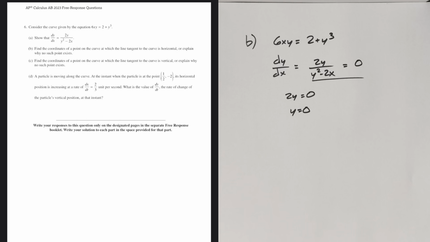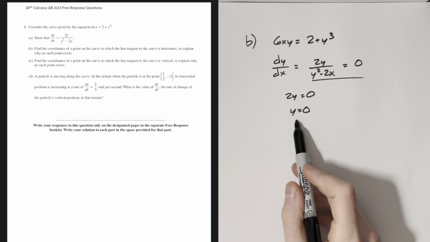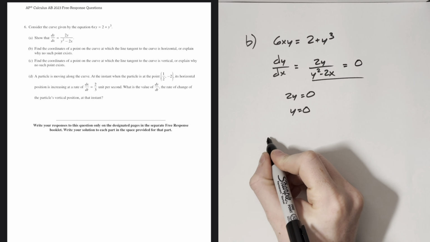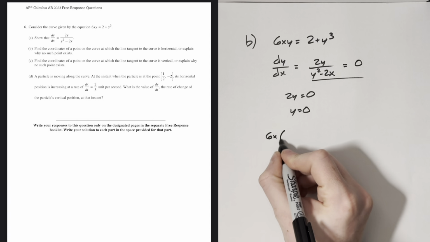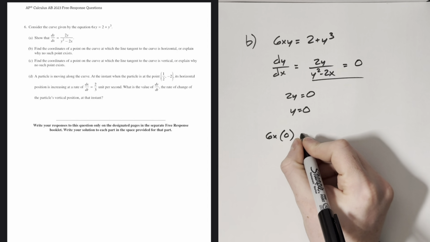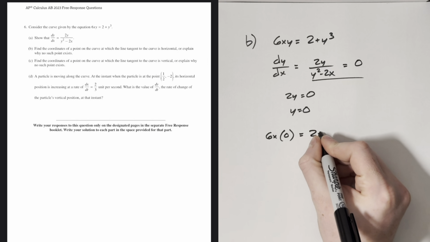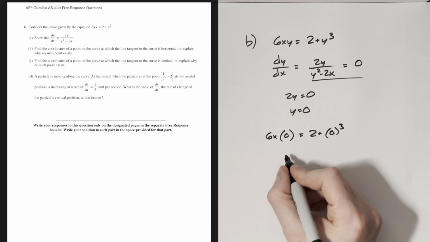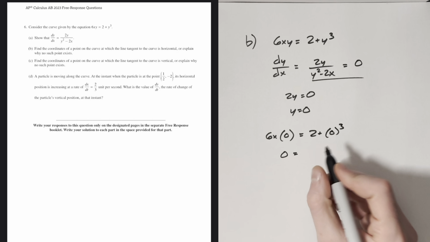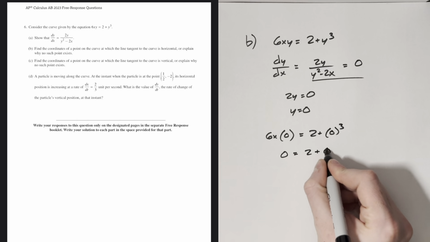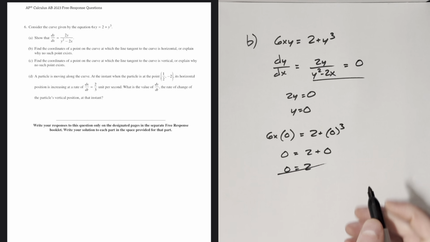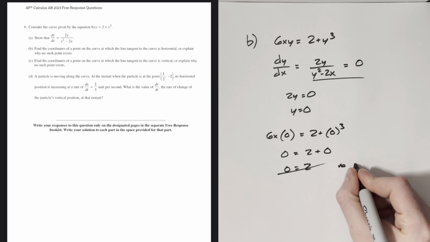But it asks for the coordinates, so we need to go and find the x value by plugging y equals 0 into my initial equation. So if I plug in y equals 0, 6x times 0 equals 2 plus 0 cubed. 6x times 0 equals 0. 0 cubed is 0, so I get 0 equals 2. So there are no